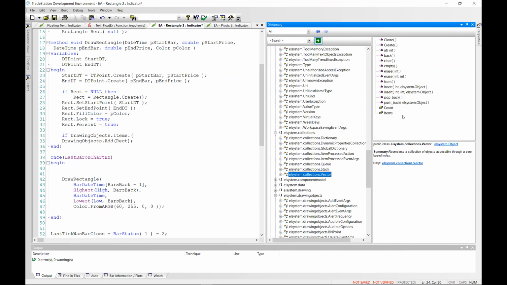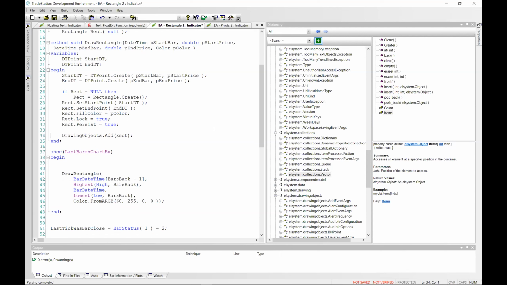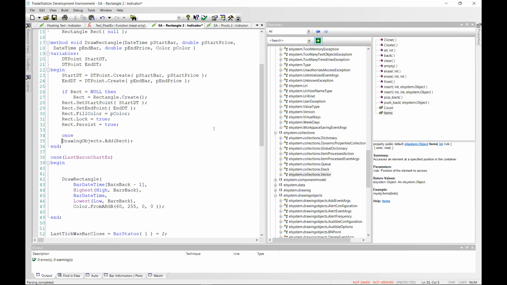Items is a vector. I'm not sure about this part, so let me just leave that for now. Actually, I think what I can do is like that.